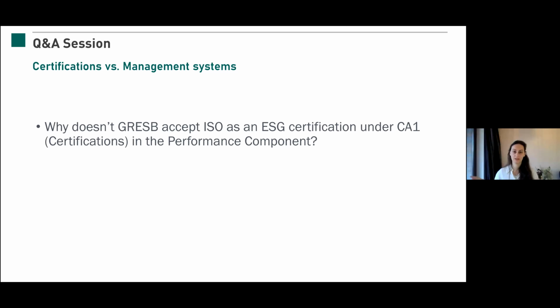And we do consider them as very distinct. So that's the main reason for that. It's a little confusing because everyone uses certification when it comes to ISO, so it feels a bit counterintuitive that you can't report that under the certifications indicator, but that's just the way we do it. So you will get points for it, just somewhere else, if that makes sense. And the certifications indicator is really about the characteristics of the asset, as I said.